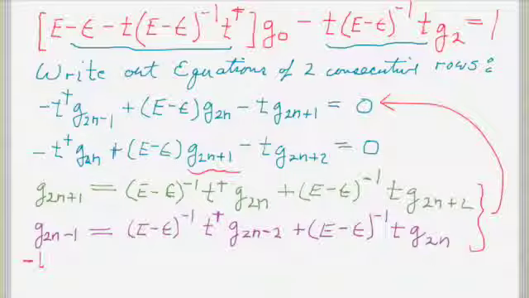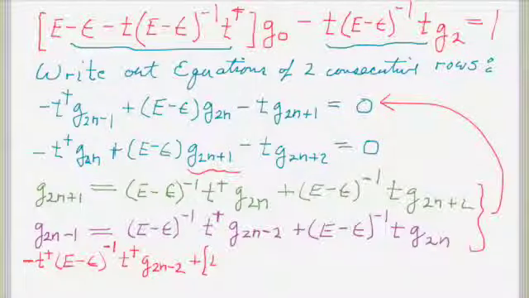Minus T dagger, E minus epsilon inverse, T dagger, G 2n minus 2 plus this big renormalized site energy, E minus epsilon minus